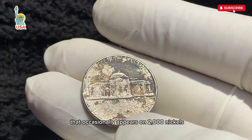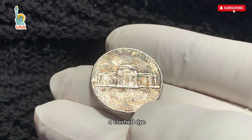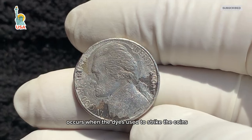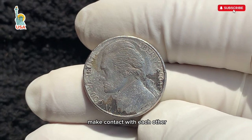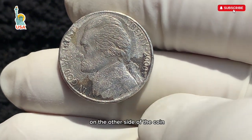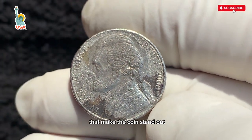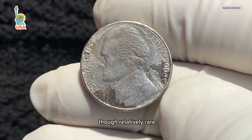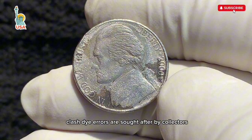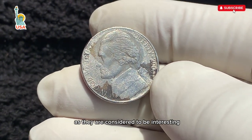Another error that occasionally appears on 2000 nickels is a clashed die. A clashed die occurs when the dies used to strike the coins make contact with each other, leaving an impression of one die on the other side of the coin. This creates unique and often distorted images that make the coin stand out. Though relatively rare, clashed die errors are sought after by collectors, as they are considered to be interesting and unique